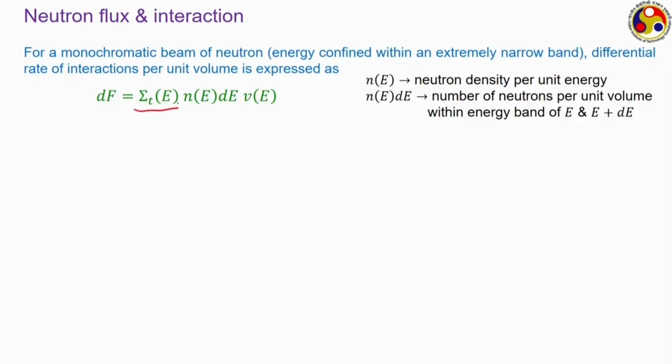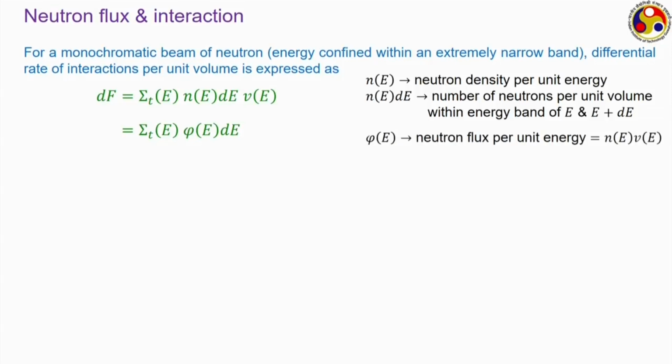Sigma_t(E) is the macroscopic total cross section at that energy level, because you have to remember that cross section varies with energy, so it is also dependent on the energy. And finally, the velocity of this neutron, velocity being directly related to kinetic energy, is also going to vary with the energy level. Then once we have specified one energy level E, or maybe we have considered a very small energy band across this E of thickness dE, the total number of interactions that we expect to have per unit volume is given by this expression, or this n into v can be combined into something called